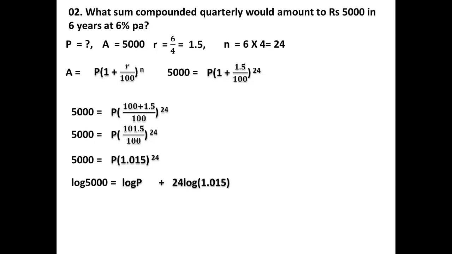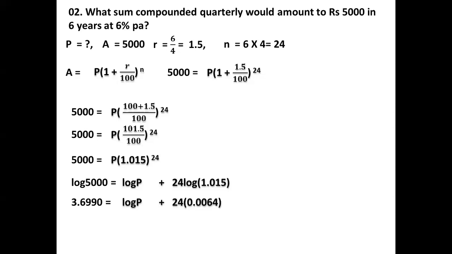Then log 5000 is equal to, its characteristic is 3, and 50 zero column, 3.6990. You see the logarithm table. In the logarithm table, 3.6990 is equal to log P plus 24 in the bracket